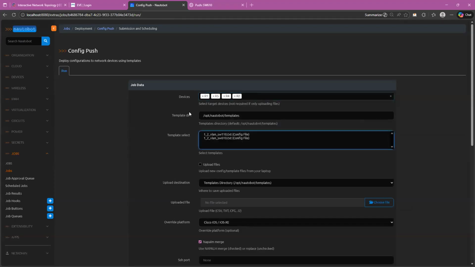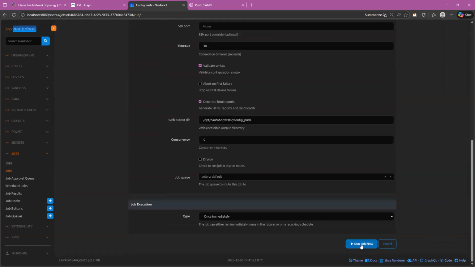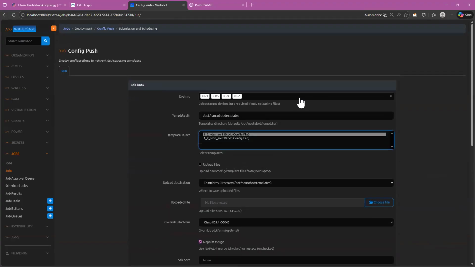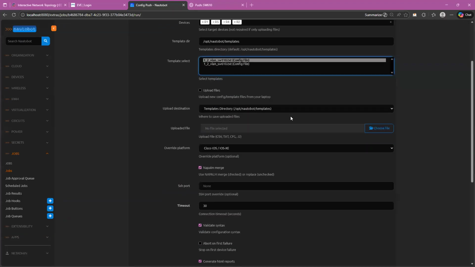You can select the devices like this, right? And then you can take one template and then you can click run this job and it will push this. This entire automation, I'll show that how you can also create these things with help of AI coding and the AI tools. Okay, so this is one example.